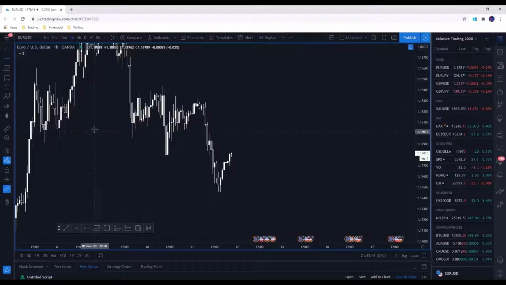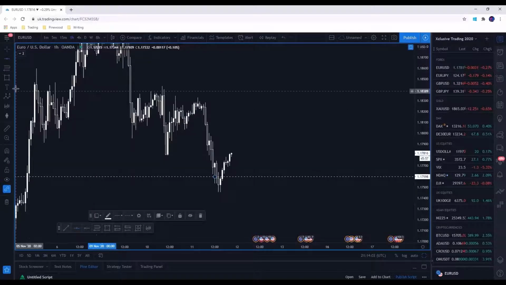Another tool we use quite often, but then I forget to take it off when I'm drawing more levels than I need to, so just need to be careful. Lock or drawing tool, so anything you draw on a chart. So let's just show the effect of this. If I was to draw some levels,